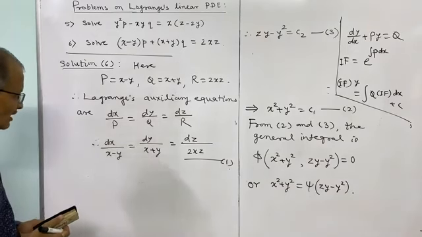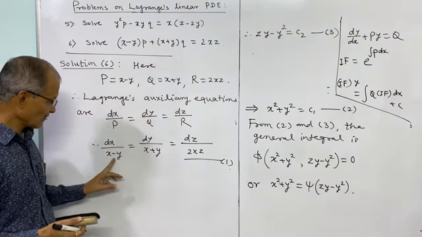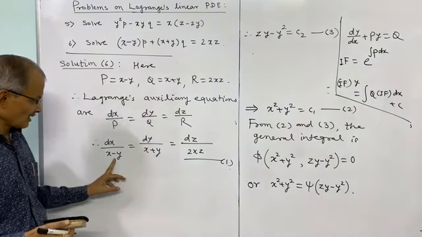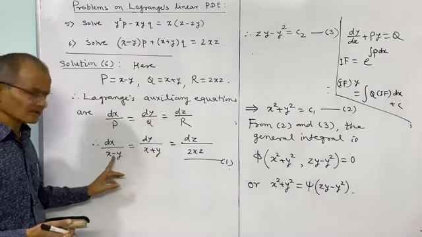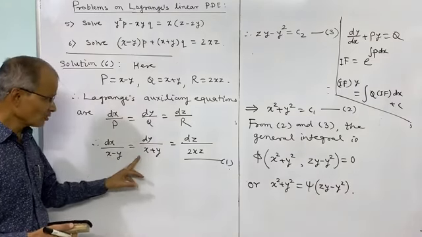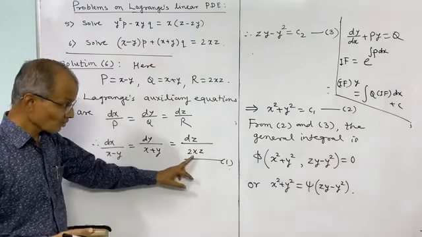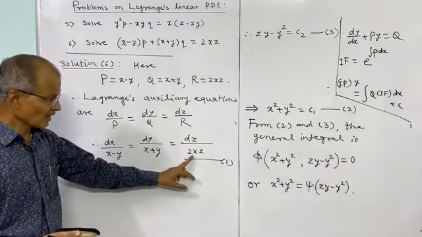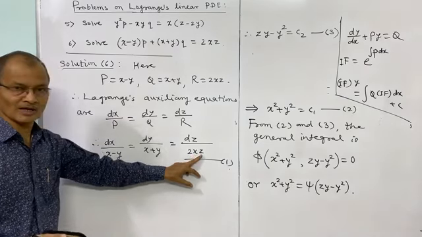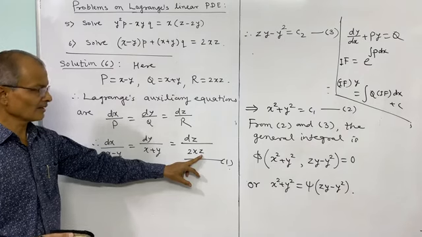If you add these, then this y and this negative y cancel, and what remains is 2x. But z is also there, so we eliminate this z by taking multiplier